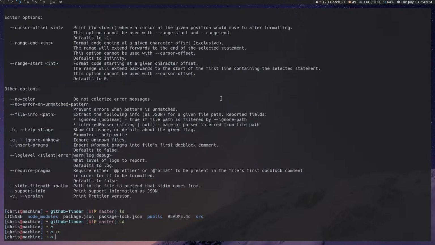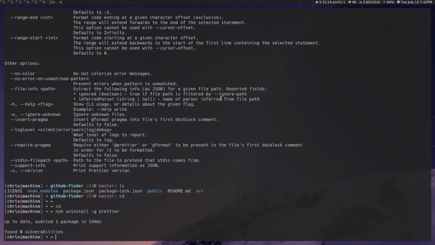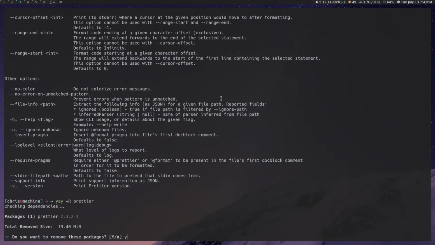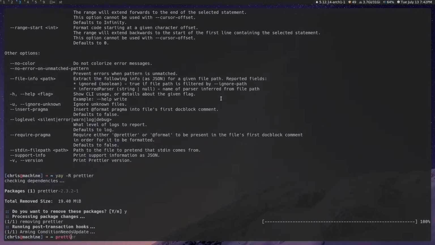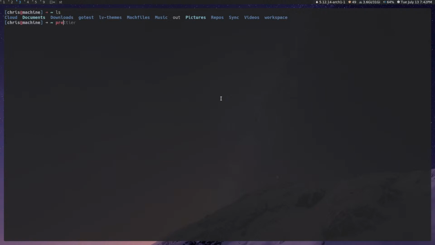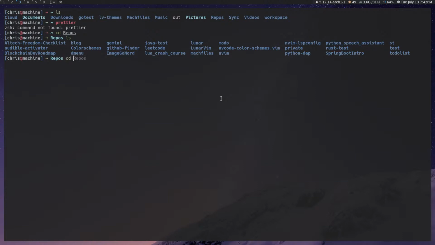Let me go here. Let me do npm uninstall prettier. Okay. Up to date, audited. Why would it audit it? Is it in yay? Or maybe I need to do another terminal, but I feel like... Oh, okay, it is. Did I install it that way, really? Okay, good. So we have no prettier. There's no more prettier. If we try to run it, it will not work. Okay, that's important. So now if we go back into GitHub Finder here,